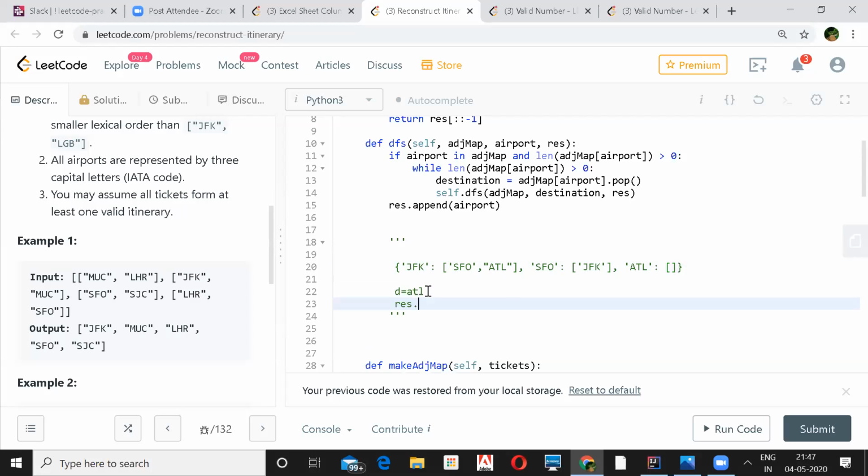Then you go back, and now he's actually at the ATL, and it checks that ATL is in the map, but there is no destination airport for that because he already removed Mumbai from there. So now he actually puts ATL in the result. The DFS, right? And remove it from there, and then go back. Yeah, that makes sense.